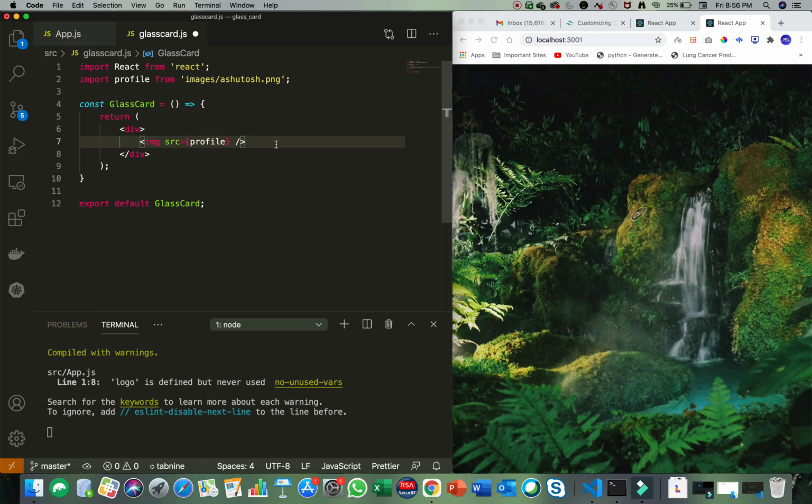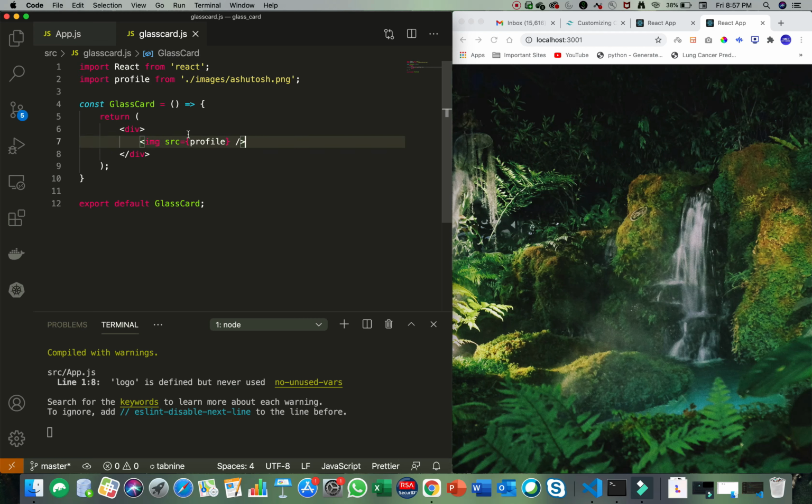Actually this is not a very good way of importing images, so that's why I don't use React much. I use Gatsby, which has a plugin of GraphQL, so that you can import images using GraphQL API. But this is not a scalable way of importing images, because you can have like thousands of images in a component, and how many images you will import like this. So that's why it's not a good way of importing images, but this is not our aim right now, so that's why I'm importing it as it is.